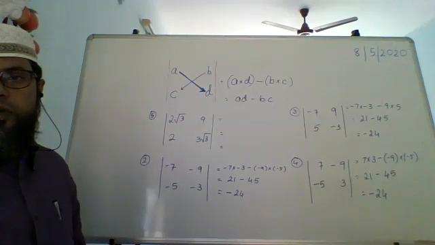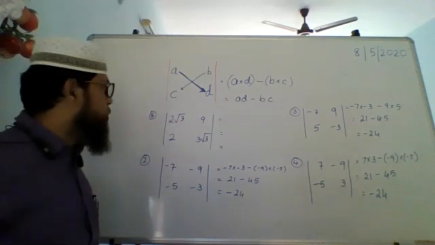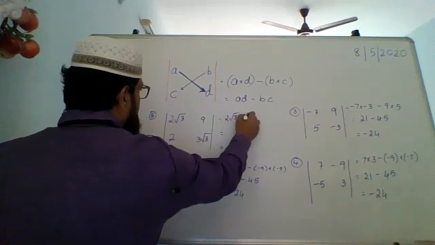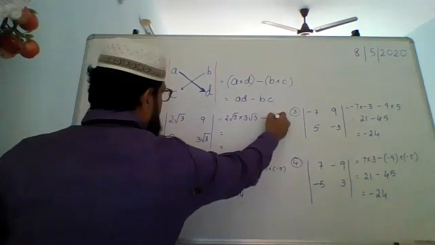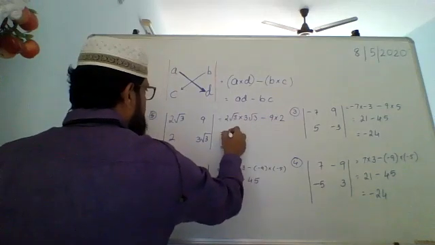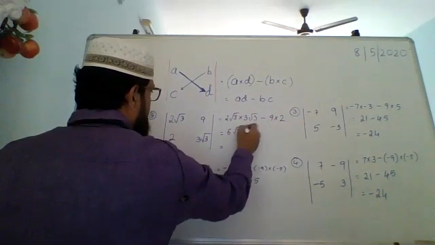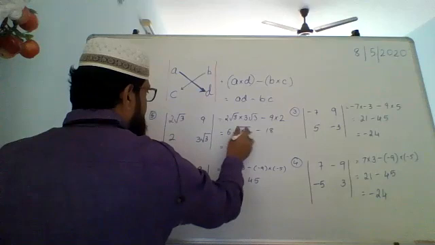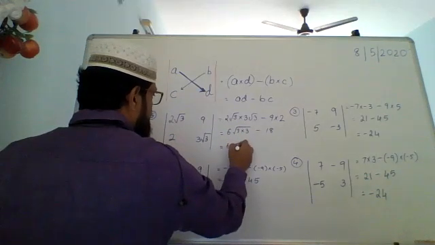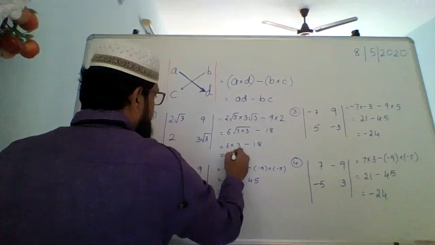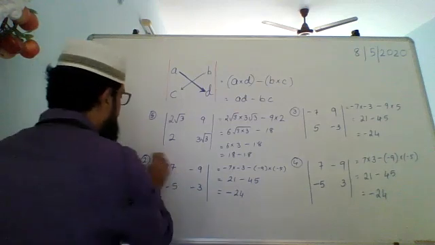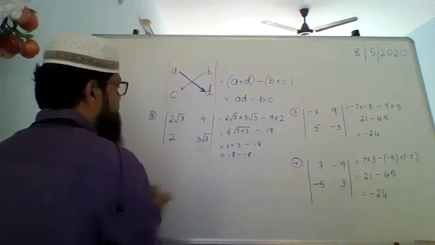So many of you have almost got it. So that shows that you all have understood how to solve this. It is simple. It is 2 root 3 into 3 root 3 minus 9 into 2. 2 into 3 is 6 into root 3 into 3 minus 9 is 18. Root 3 into root 3 is 9. Square root of that is 3. So 6 into 3 minus 18, that is 18 minus 18, which is equal to 0, which is what most of you have given as the correct answer.